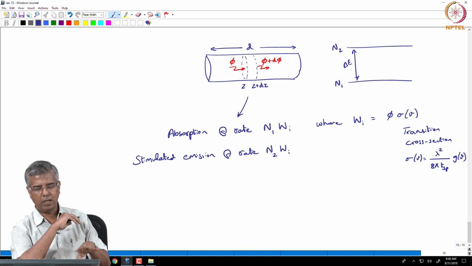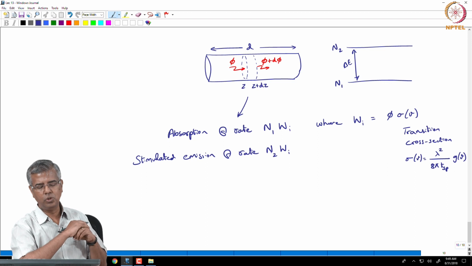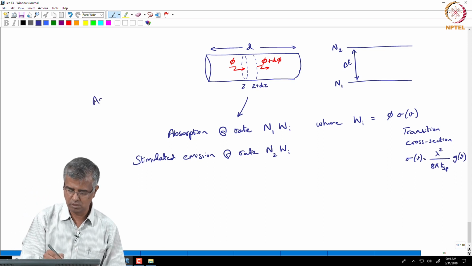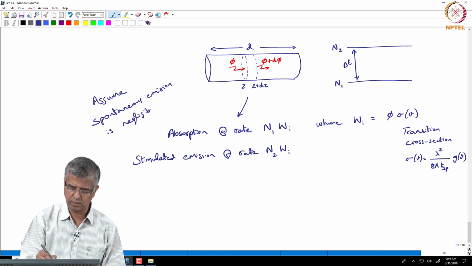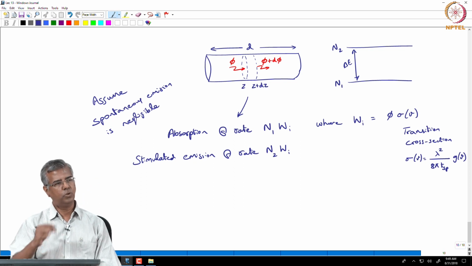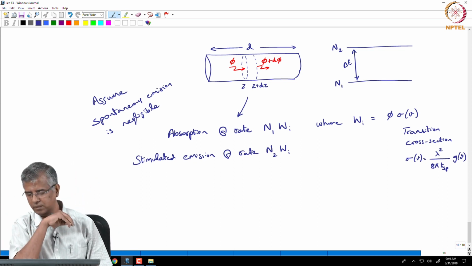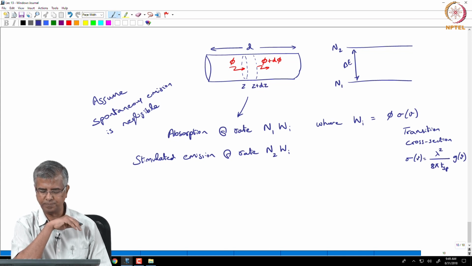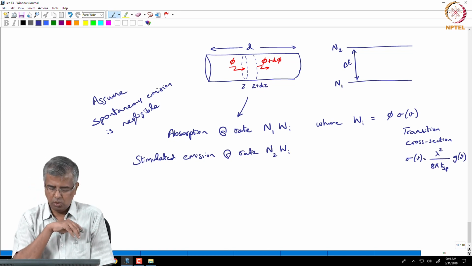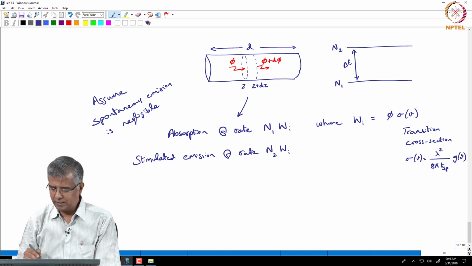Okay. And we will assume that spontaneous emission is negligible in this case. Okay. We will do a more rigorous treatment later on, but at this point we will make it fairly simple. Okay. So, what we are interested in is this